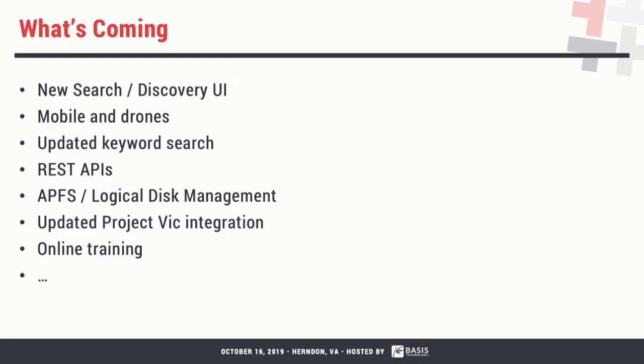What's coming? We're running out of time here. There's a new search and discovery UI. It should be out in the next release, I think. We're pretty excited about this. It'll change names five more times, which is why it's a generic name right now. The basic idea is: how do we bubble up the most relevant information to you as soon as possible? We're leveraging a central repository to show you this file is rare, this file is common, this file is big or small, and adding a bunch more filtering, to make it easier and faster to find the relevant files.